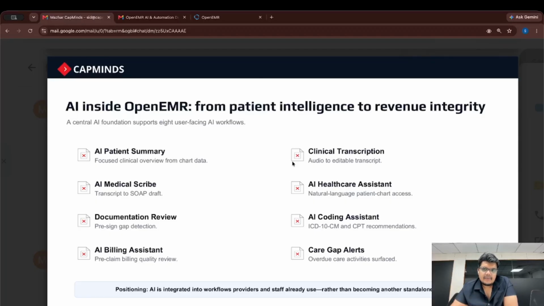Then we also have ambient transcription. So when the provider is seeing the patient, it will automatically capture that conversation and generate the encounter note based on that. Then we have documentation review. So before signing the encounter, you can see if there is any